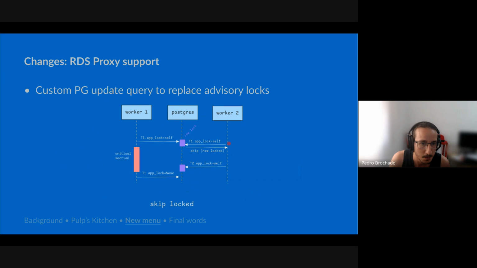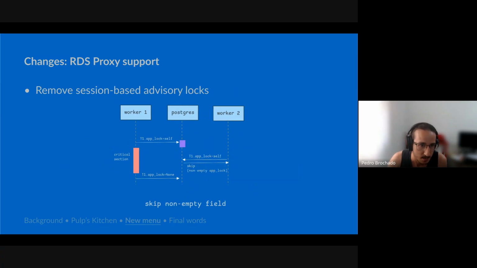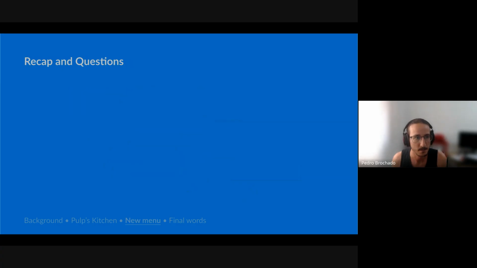And another worker tries roughly at the same time to do it, but there's the row lock, so it will skip this update and then try to get the next one. Another scenario is that it will not be at the same time, but can be a little later. It will try to assign itself to the task, but it's not empty, so it will also skip and try to get to the next one.